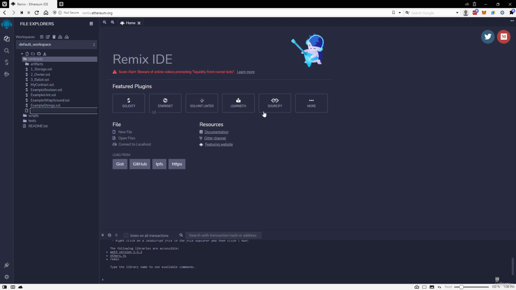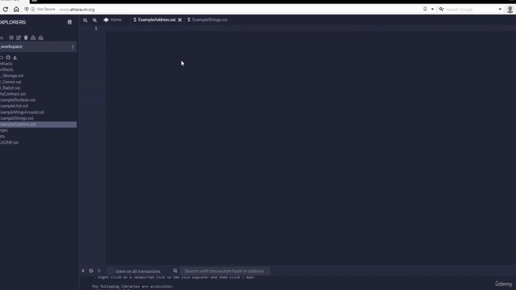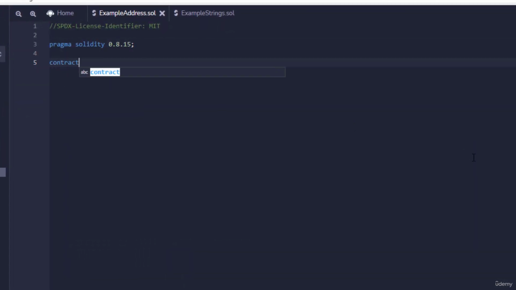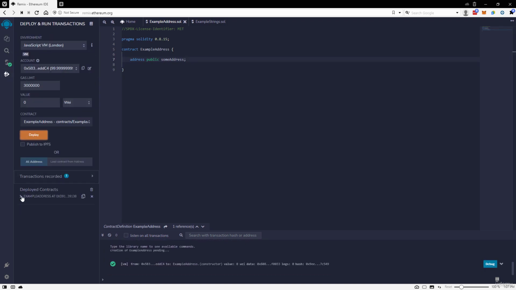I'm going to create a new smart contract. Example address.sol, and we are going to run this over here. Contract ExampleAddress. All right, let's make an address type. Address public someAddress. And let's see how that looks if we deploy this and have a look